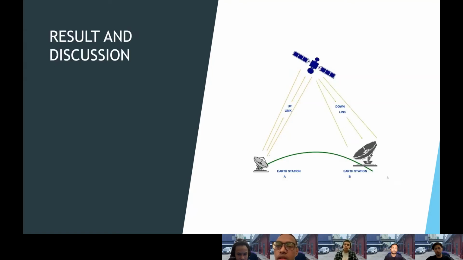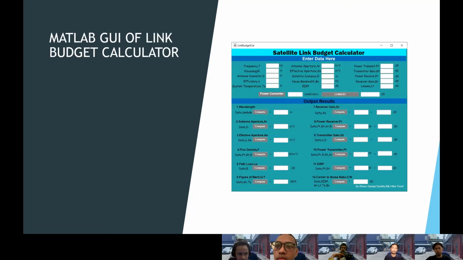Okay, for the result and discussion, as you can see, the product, the calculator that we already made, we have two parts on the calculator, which is first you have to put the data on the top of the calculator to get the output and result.